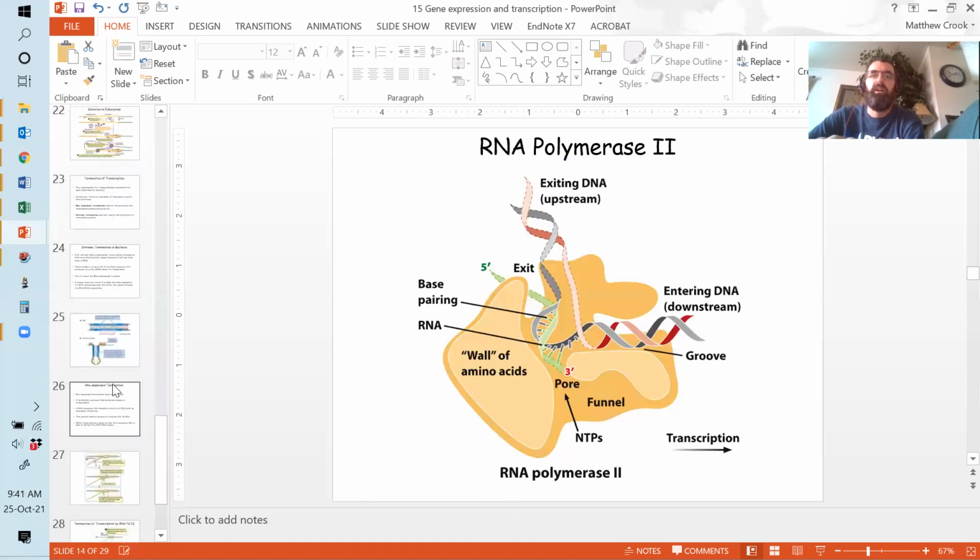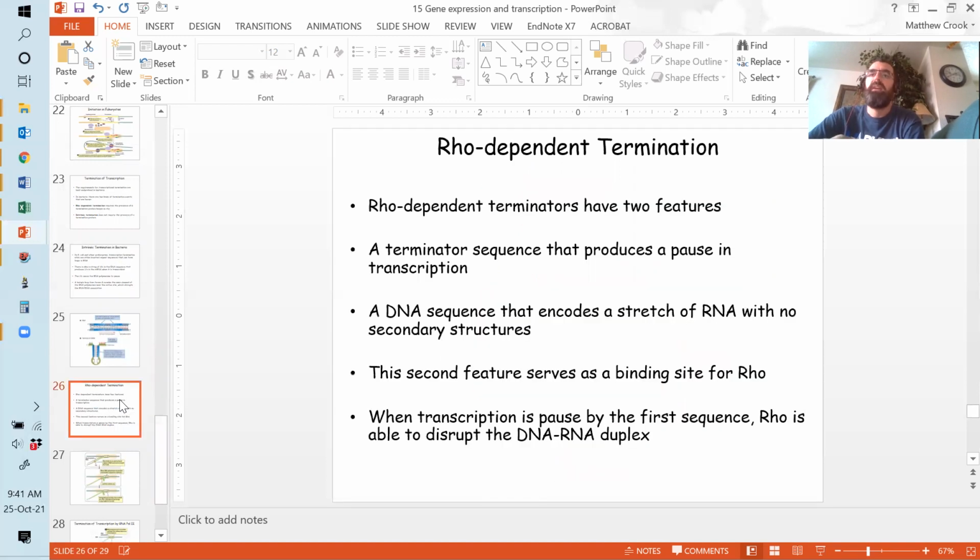Now we have what's called extrinsic termination or Rho-dependent termination. And it's actually funny here because I've done a bit of reading on this to understand it better myself. And it's actually a little bit contentious, I guess, how exactly this works. So there's two models of thought. And quite often what I do in teaching this is that I'll teach you one of them, right? But it's worth bearing in mind,